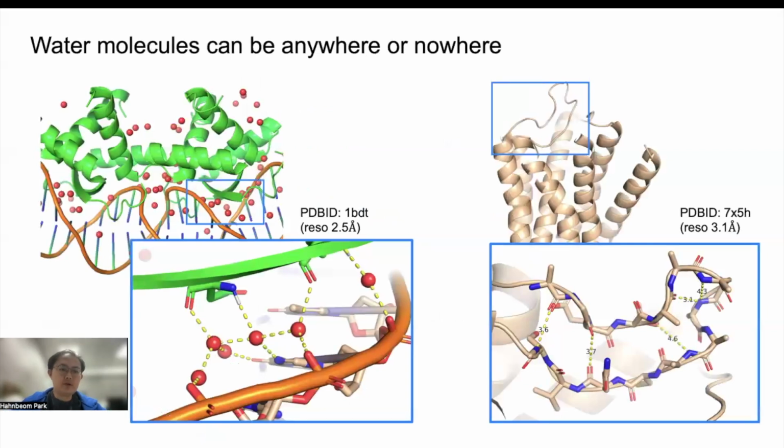Number 2, water molecules. Except for membrane proteins, waters are surrounding all over the proteins. But you cannot easily see that in experimental structures. The reason is because waters are very dynamic. So waters are anywhere, but there could be nowhere in experimental structures. There are some exceptions when you see water molecules, and that's when waters are not dynamic, but ordered by interaction with other molecules. If you look at here,